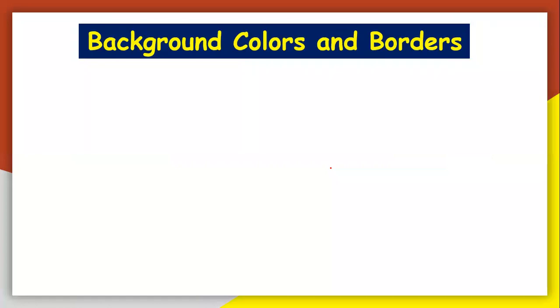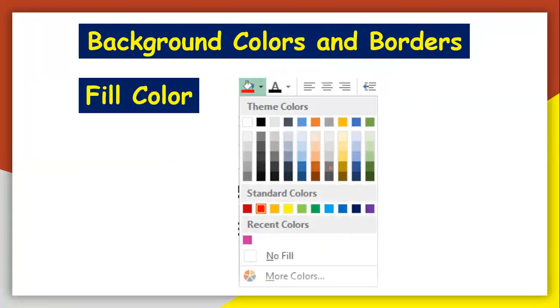Next, my dear respected students, on page number 21, it says background colors and borders. Background color means the color on the back of our content, which in technical terms we can also call a fill color. This is the symbol for representing that fill color, and these are the different multiple colors available. And we just apply the color.